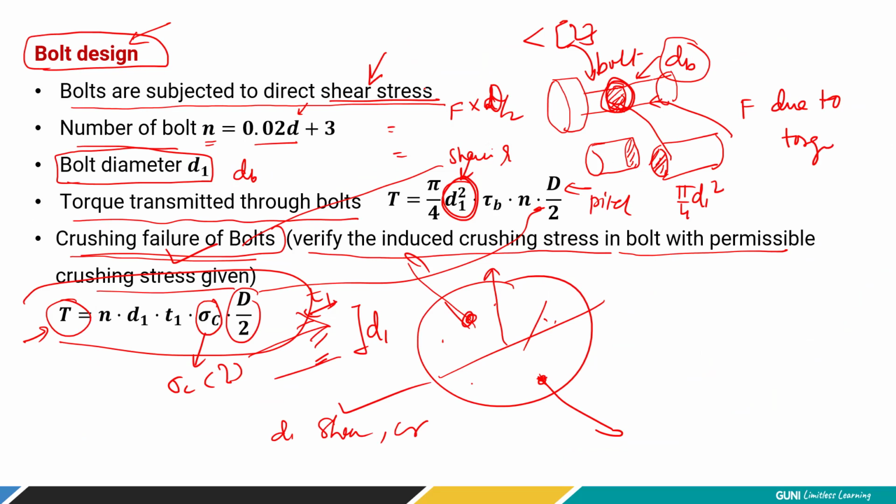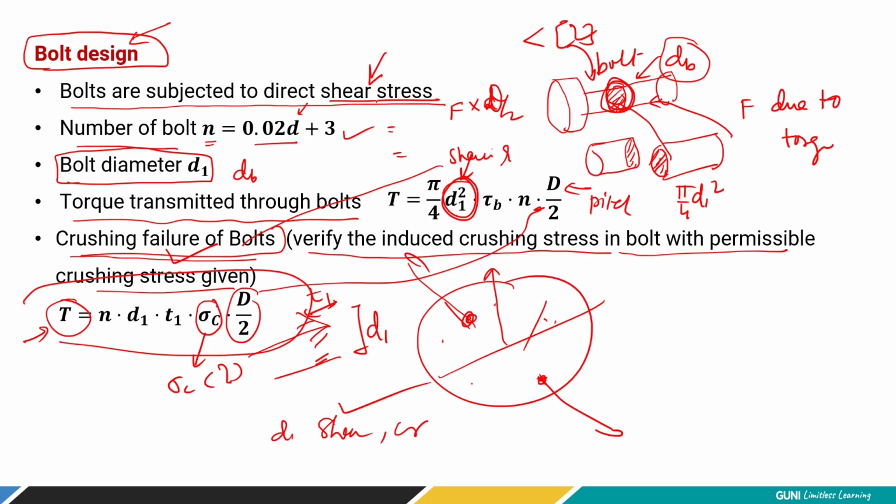We also talked about bolt design, where the number of bolts is taken as 0.02 D plus 3, right? In certain reference books, the range is mentioned. Up to 60 or 80 millimeter, you have to take 4 bolts. Now, what is 80 millimeter? Shaft diameter. If your shaft diameter is limited to 80 millimeter, you have to choose 4. If it is 80 to 100, then you take 6, and more than 100 up to 160, you take 8 bolts, right? These are the proportions given. You can also use this equation, no problem.